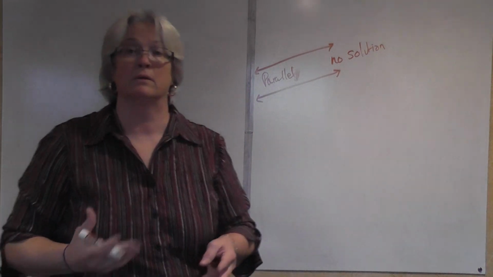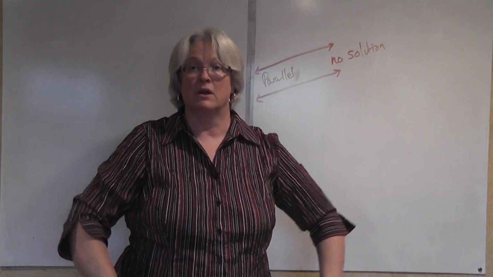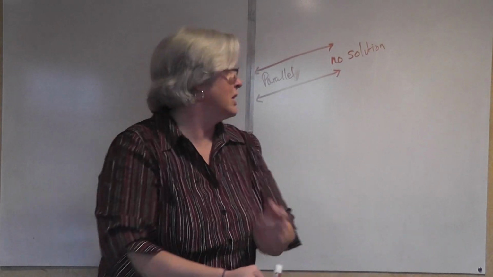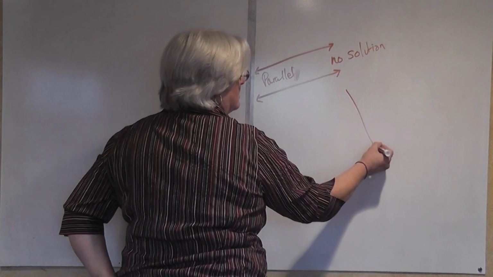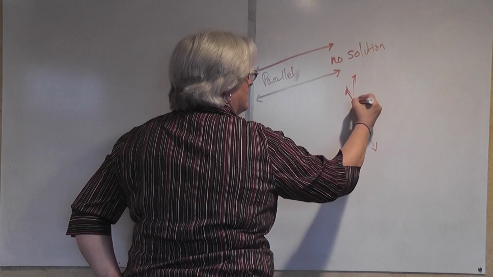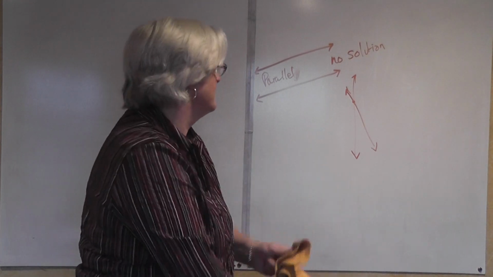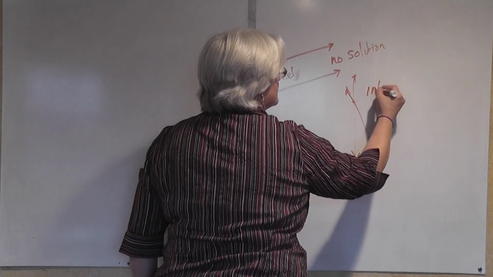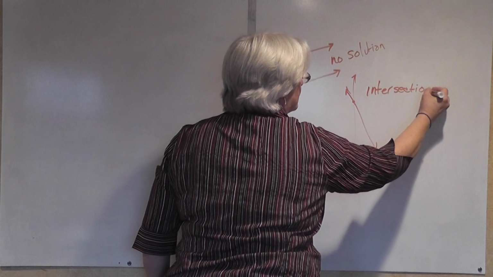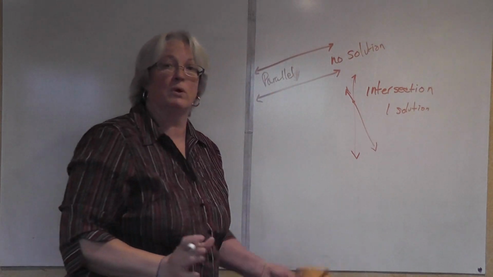What is another way in which two lines can intersect? Well, I just told you the answer. Another way in which two lines can relate to one another is they can intersect. They cross each other. Here's line number 1. There's line number 2. The point at which they cross is called their intersection, and there's only one place where two lines will ever cross. If they are intersecting lines, there is one solution only,